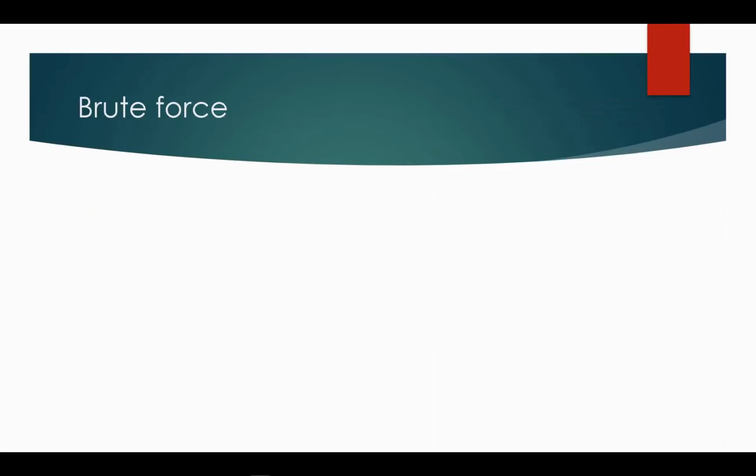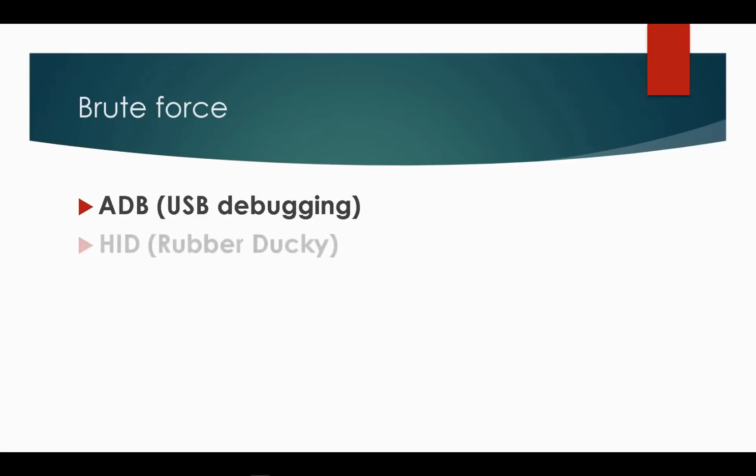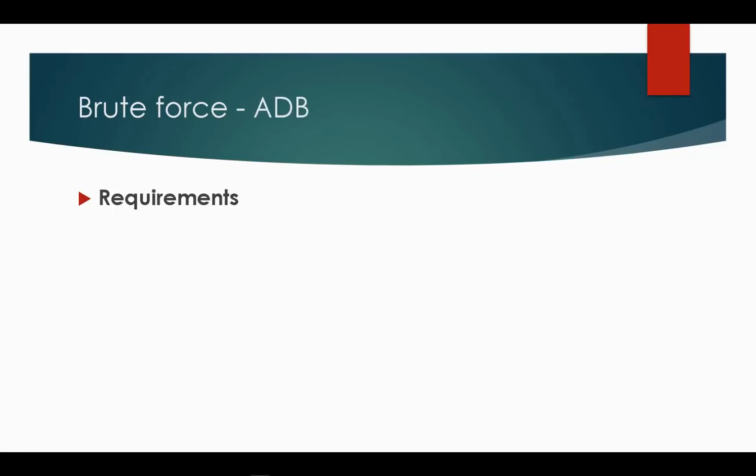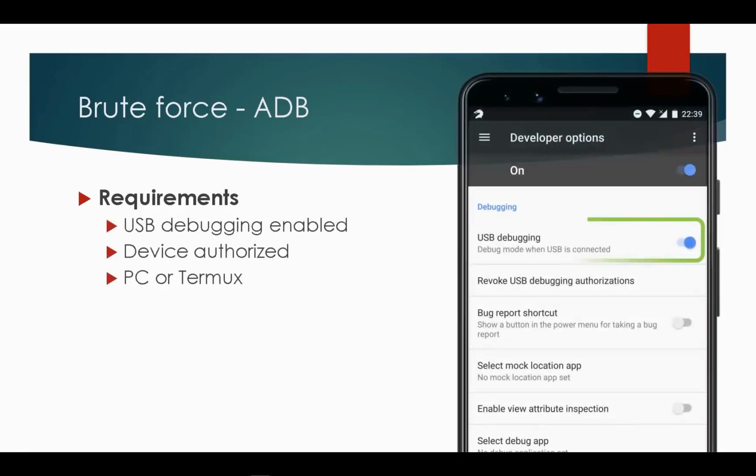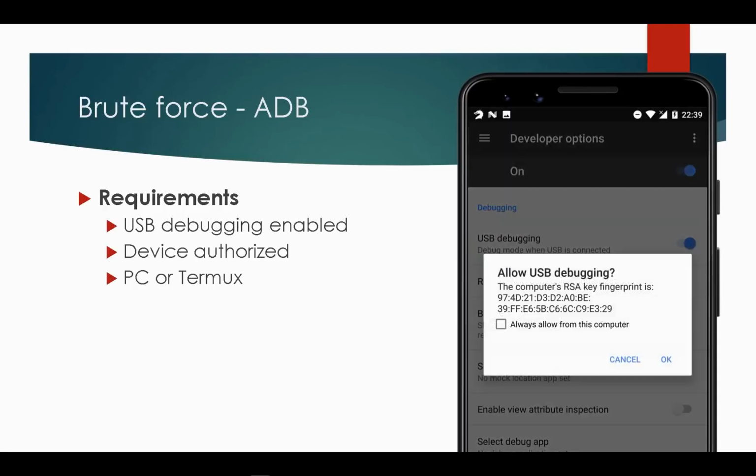Brute force can be performed using two options. The first one is using ADB, where USB debugging needs to be enabled, and the second one is using HID, human interface device, a rubber ducky. Let's start with ADB. What are the requirements? The smartphone needs to have USB debugging enabled in options. The smartphone that we want to brute force the PIN on needs to be authorized by a connected computer or